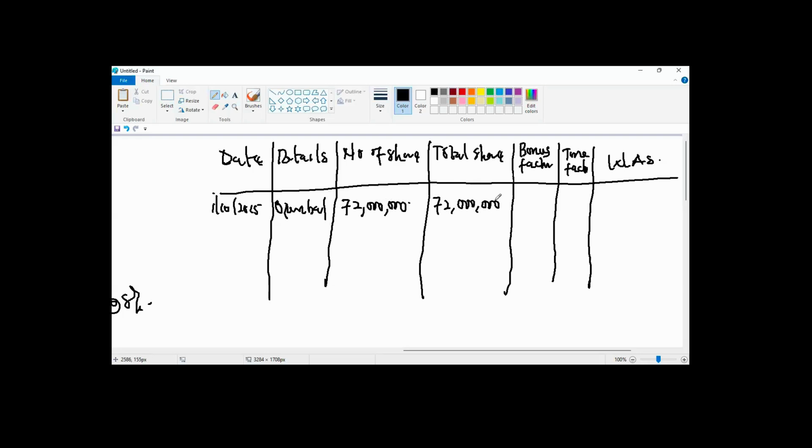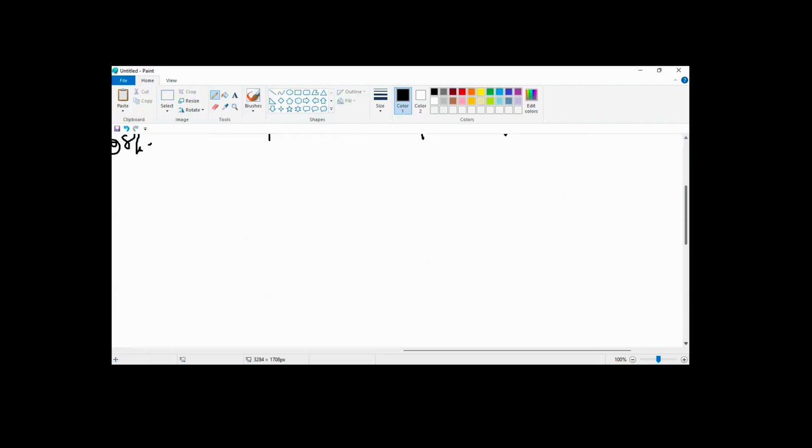Now the question has said on 1st January 2016 there's a rights issue. Don't forget the rights issue. If I'm doing my rights issue, what is the bonus factor? I need to calculate the bonus factor,